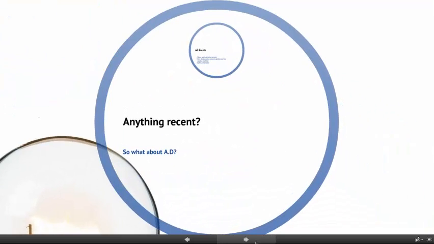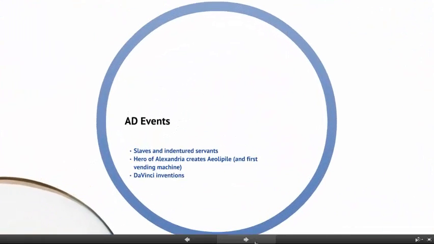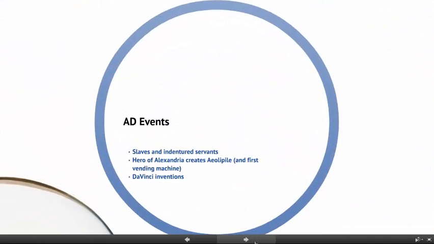So that's a bunch of stuff in the past. How does that apply to what we're doing now? Is there anything new? Well, obviously things become increasingly interesting as computers come on the scene, but what other AD events can we talk about? Well, we see that even in recent years, whether it's in the United States or in Africa or other European continents or across the world, we've seen slaves and indentured servants. So that's obviously the initial kind of verbiage that we get from the original definition of robot.